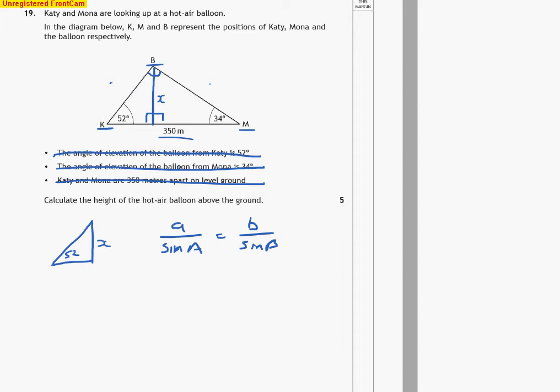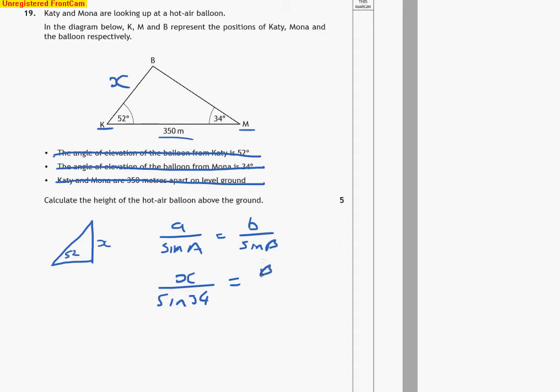So we know this length. We don't know that angle. We know this angle, but not that length, and this angle, not that length. If we're looking at this one here, I'd like to find this. So I'm going to rub this out just to simplify a little bit. I really want to find this. So I'm going to say x over sine 34 is equal to